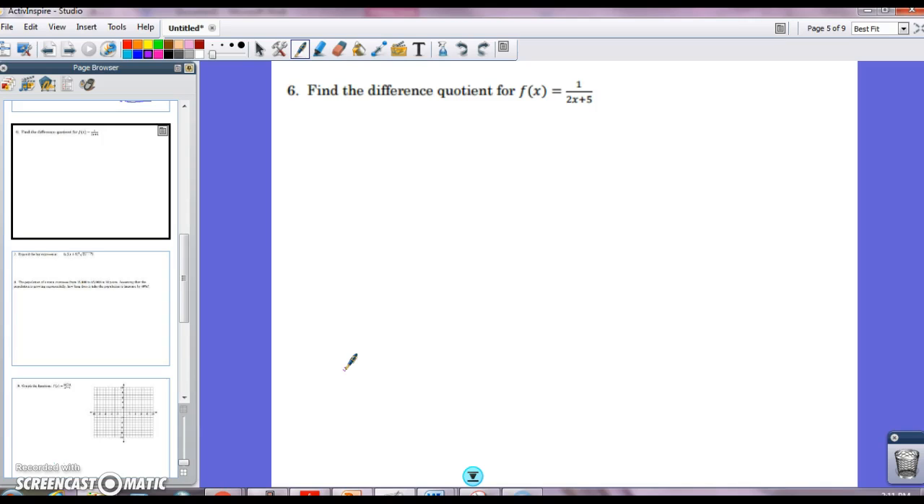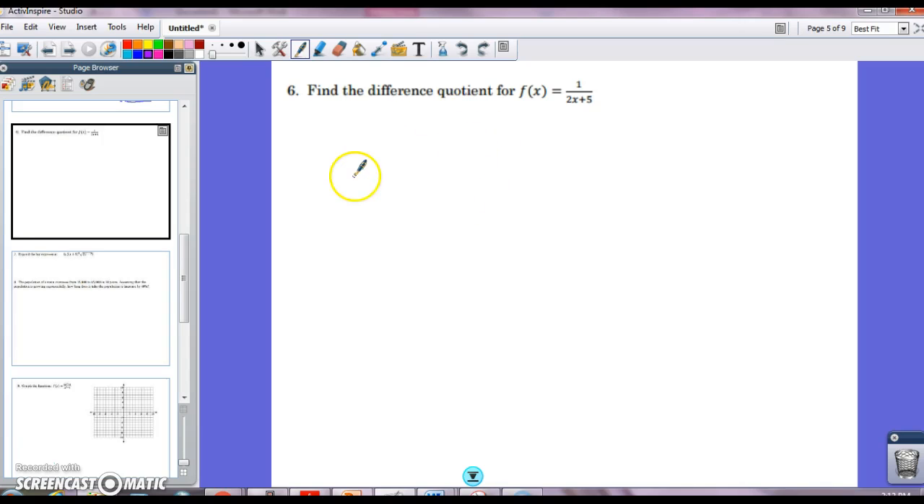We left off on problem number 6, finding the difference quotient. This is very similar to the last problem from the other video, except that it's a rational function to start. So the process doesn't change, it's just a little bit more algebra involved. It's easy to make careless mistakes on this, but that's really in the algebra part, not so much in understanding